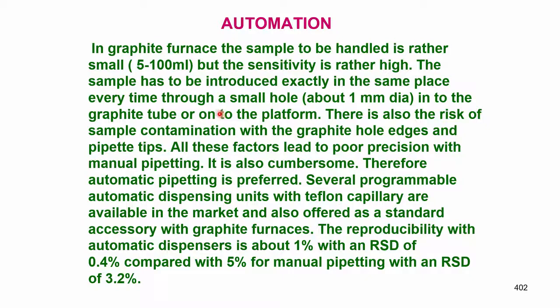So, every time you have to insert it through the sample onto the graphite. There is also the risk of sample contamination with the graphite hole edges, and pipette tips can get contaminated. All these factors lead to poor precision with manual pipetting. That means every time you do it manually, you are open to some sort of